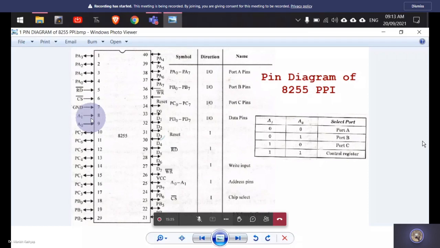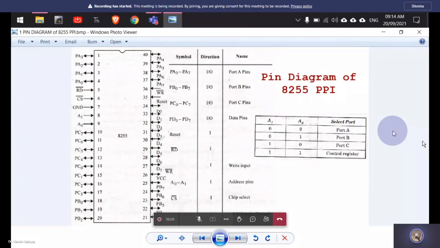right? Then again you have this reset pin. This reset pin is connected to the reset of the microprocessor, and whenever the microprocessor is reset, this port will also be reset. And what do we mean by resetting this 8255? Every port that you see here will come in input mode by default, right? So a port can be programmed in either input mode or output mode, or both of the modes. But if you have reset the microprocessor, then 8255 will also be reset through this, and resetting will simply mean that all ports of this 8255 will come in input mode. So that's what we mean by resetting this